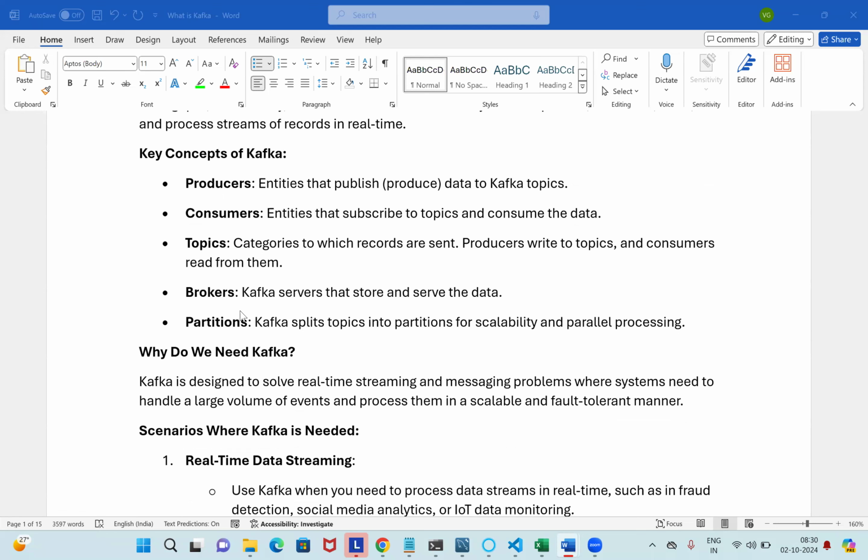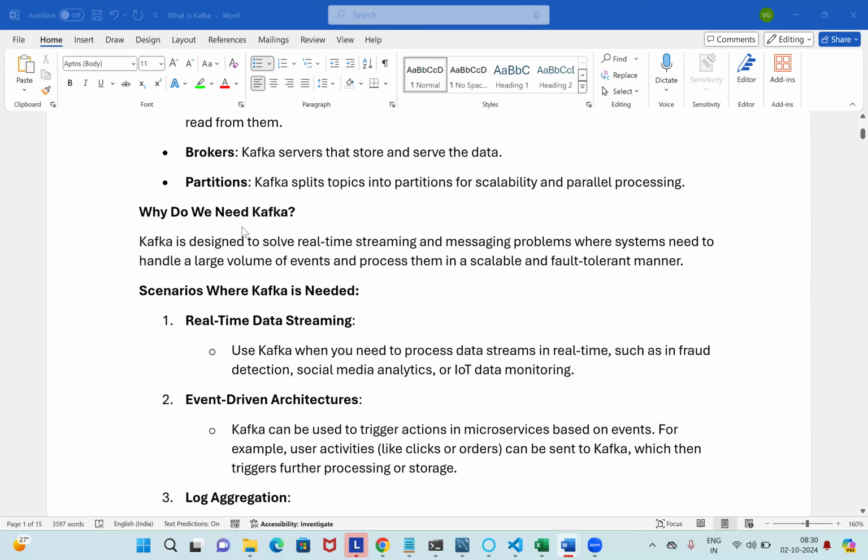What are the brokers here? Kafka servers that store and serve the data are nothing but brokers. Topics are nothing but categories to which records are sent. Producers write to topics and consumers read from them. Consumers are entities that subscribe to topics to receive any kind of information, in any kind of data format.